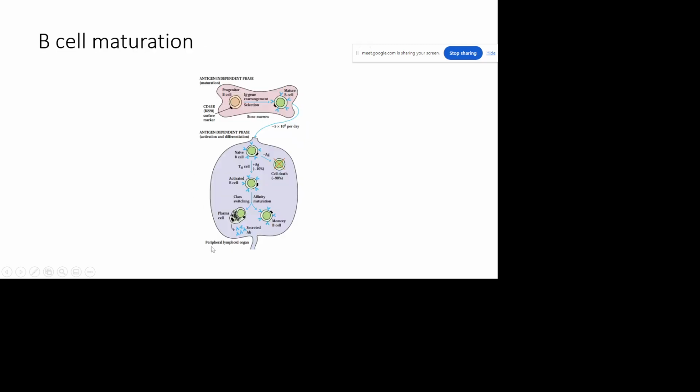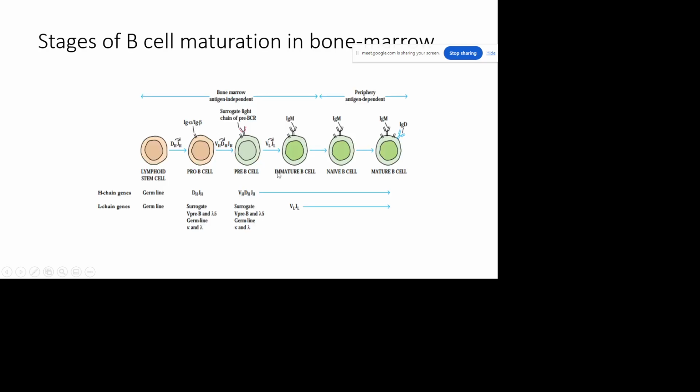When it comes to the peripheral lymphoid organ, it will start encountering antigen, and then antigen, and of course activated helper T cell, both of them will make this naive B cell into an activated B cell. So when it comes to the peripheral lymphoid organ, this naive B cell will be converted into mature B cell after